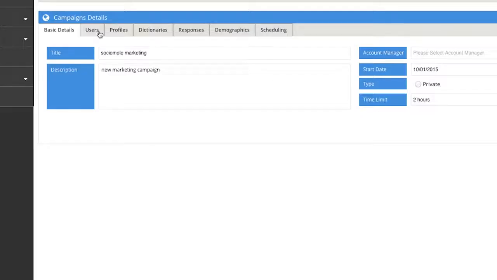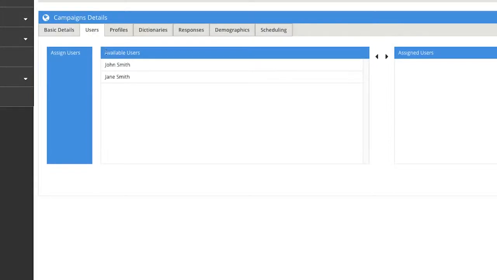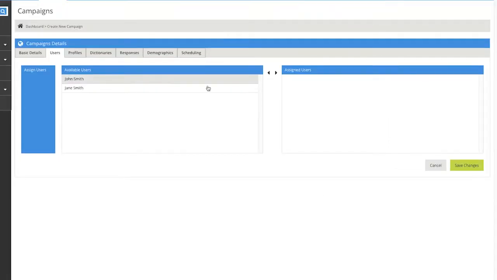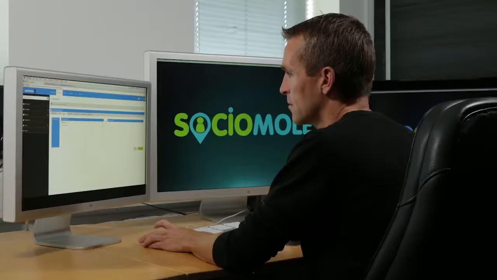It can be set from 20 minutes up to 2 days. However, we recommend anything between 20 minutes to 2 hours. Anything after that, the conversation starts going cold. You then use the Users tab to assign the campaign to the user. If you have multiple basic licensed users or are using account managers to oversee multiple campaigns, you can assign them